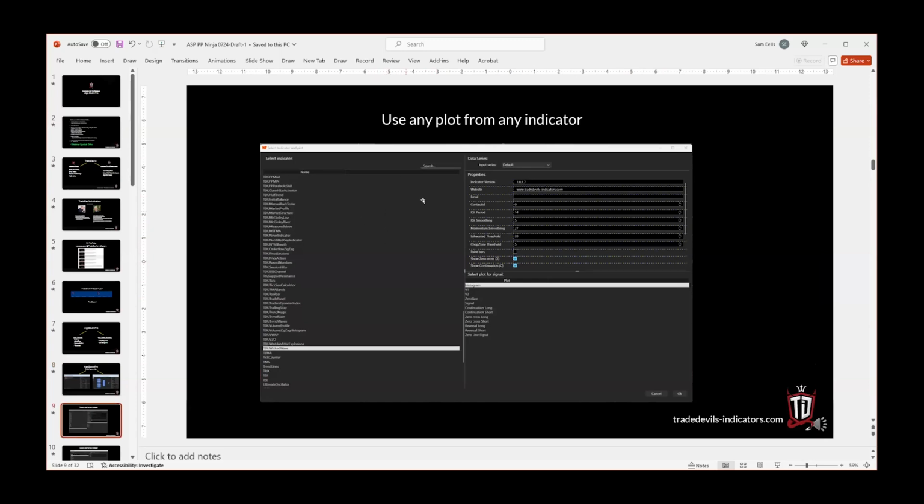Just to demonstrate to you, we can pull a plot from any indicator into this algorithm. Right now, we can do a lot more than just work with an indicator, as you'll see in a few examples, but just so that you understand, it can pull a plot from any indicator on your machine, whether it's native Ninja, one of ours, one of yours, doesn't matter. As long as it has some plots we can pull into the algorithm designer, we can incorporate that into the algo design. So you see here, this is one of ours where we have long and short signals,